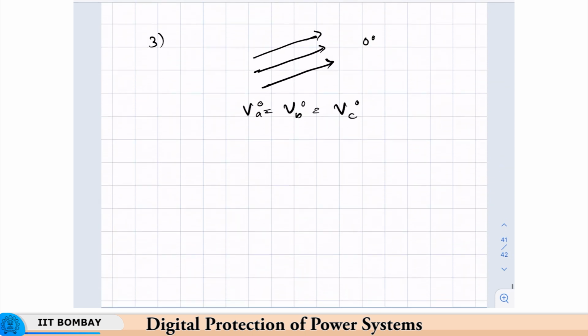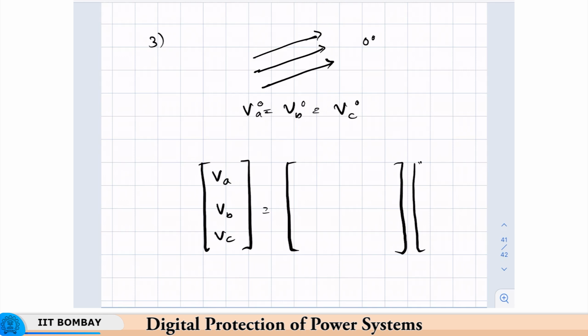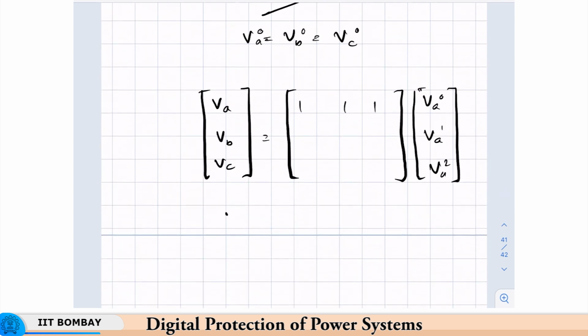Now, this can be written in a compact matrix form. VA, VB, VC is equal to, in terms of its sequence components, this is VA0, VA1, VA2. So, here it is of course 1, 1, 1, because VA is equal to VA0 plus VA1 plus VA2. Similarly, VB is VB0 plus VB1 plus VB2, which can also be written as